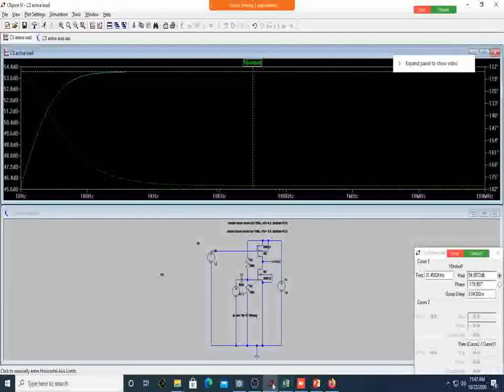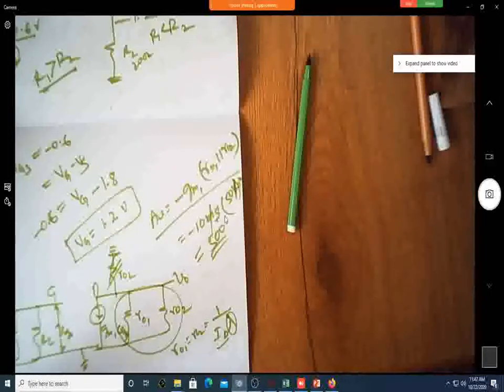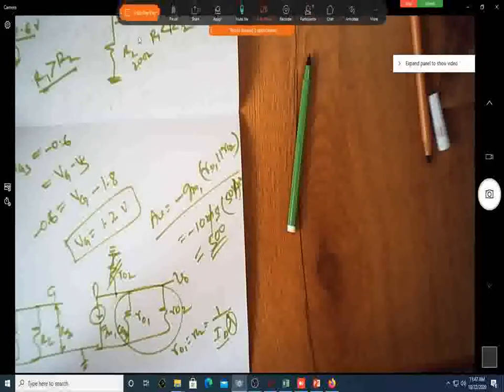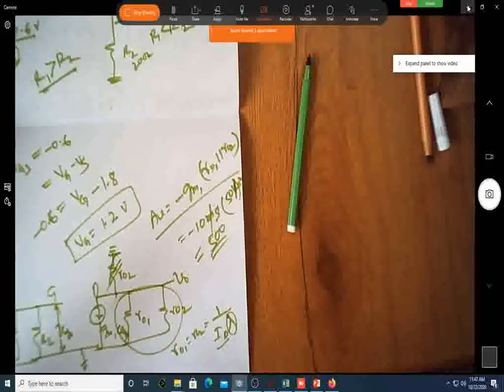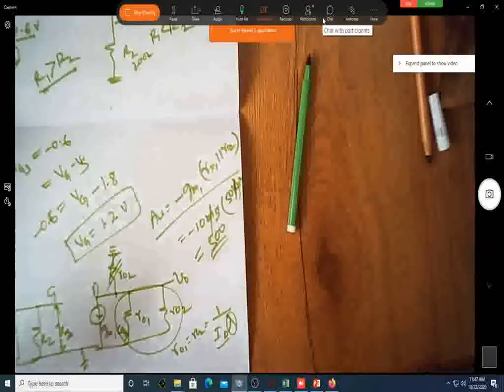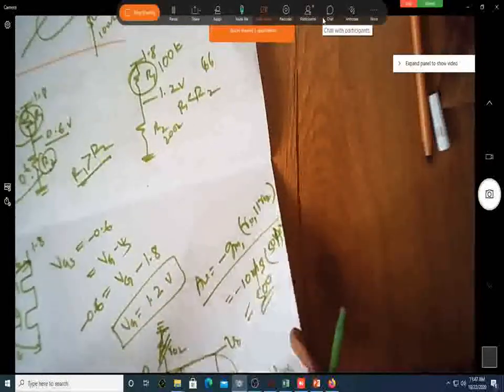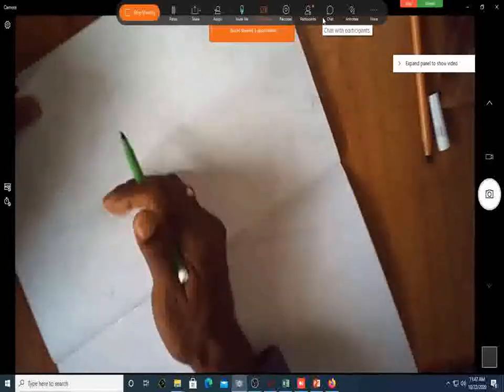How much was your expected gain? Expected gain was 500, correct? You are getting very close to that. Of course, now it is 501. Shall we just go back to time response and do it? Let me just tell you why we were not getting 186 so and so.